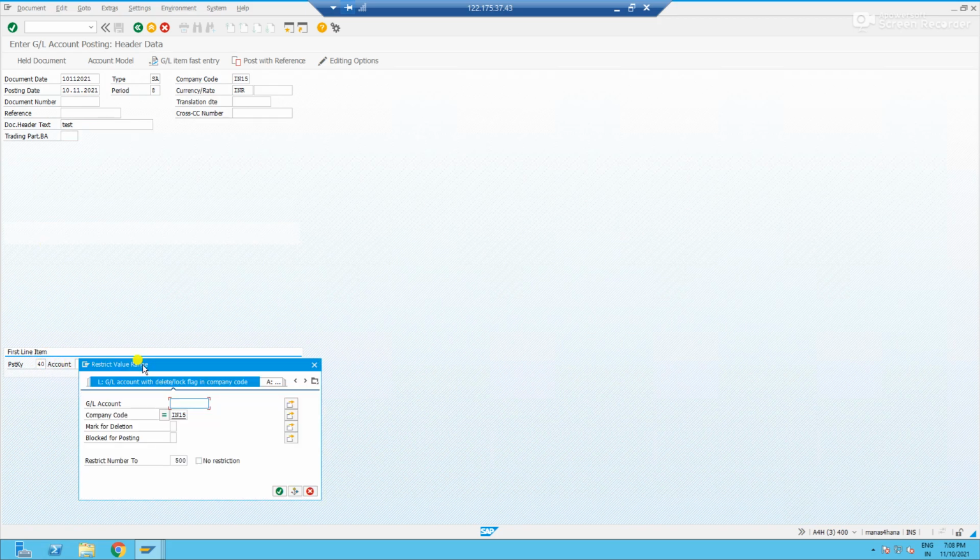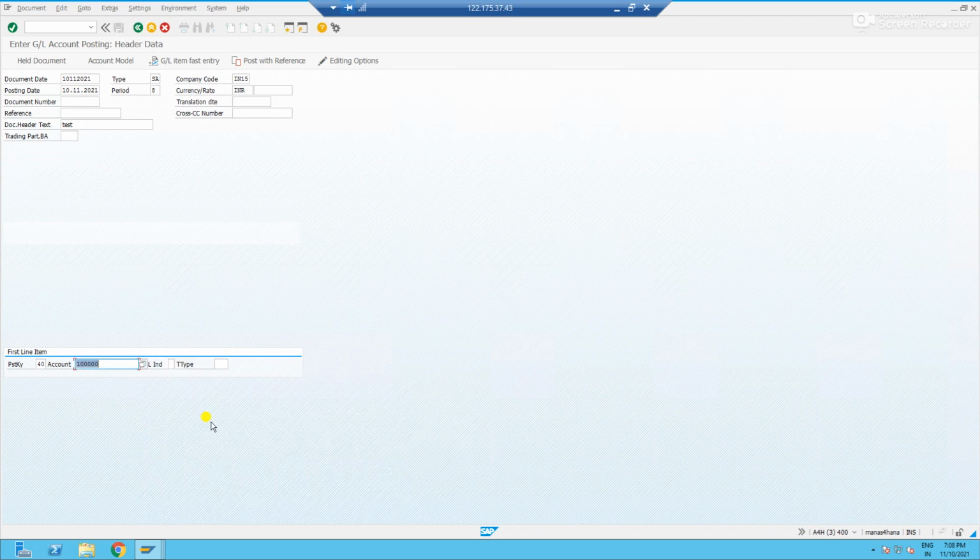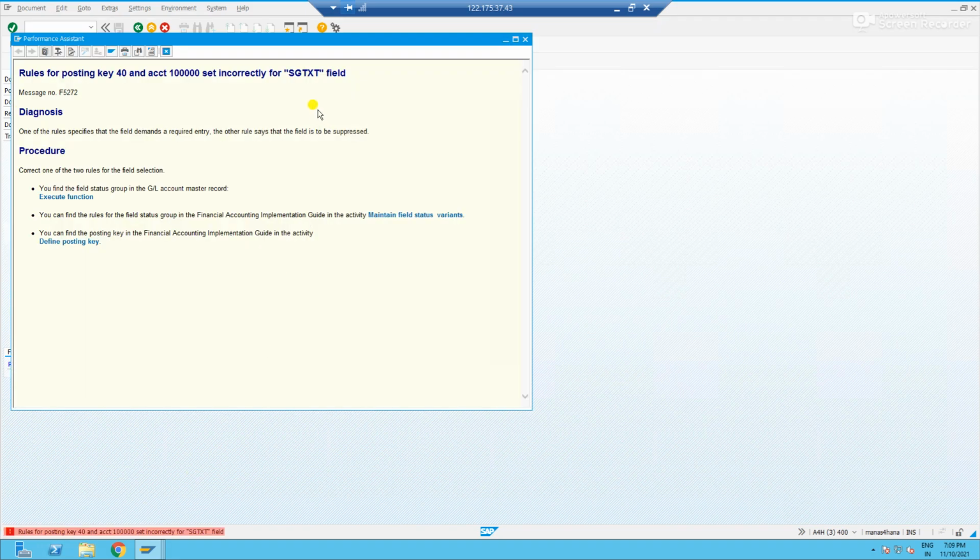The minute I select any GL account here, let me select the cash account, you see, I got the same error. In this case, I have a conflict for the text field. It is talking about the text, but it could also be for other fields, let's say assignment, WBS element, cost center, profit center, any field.